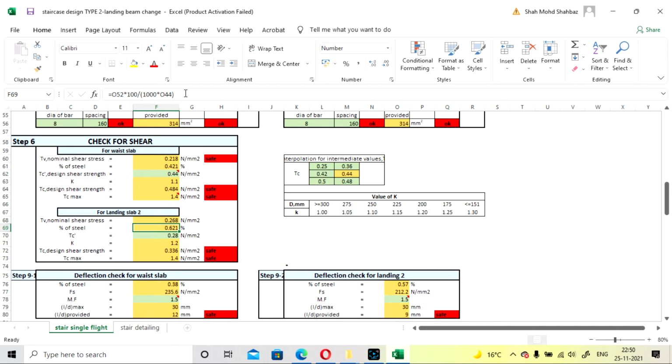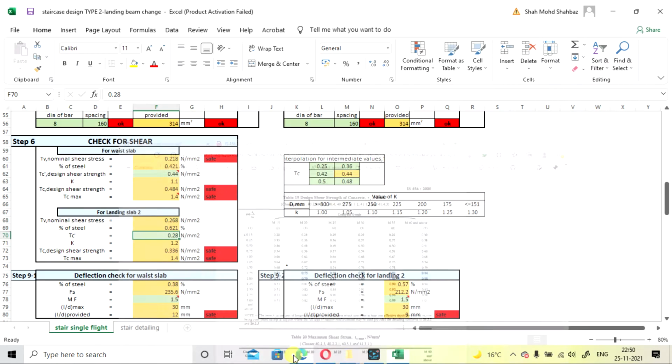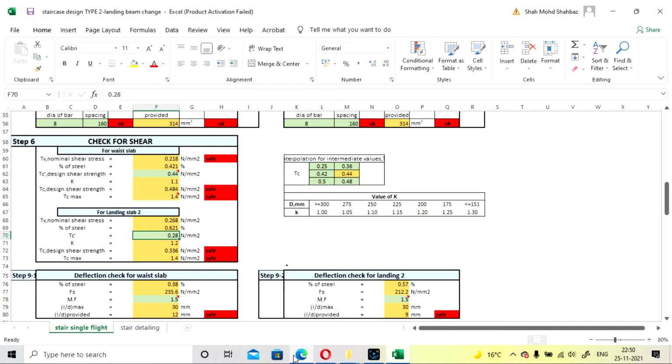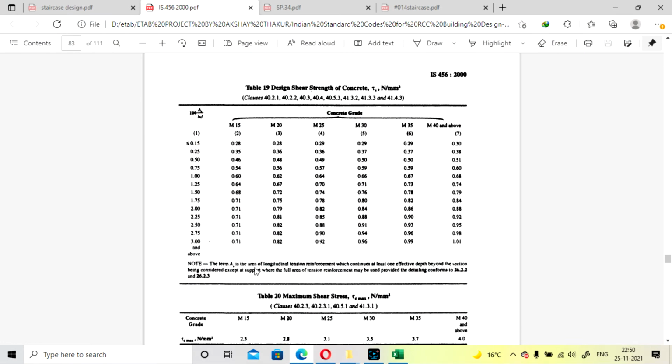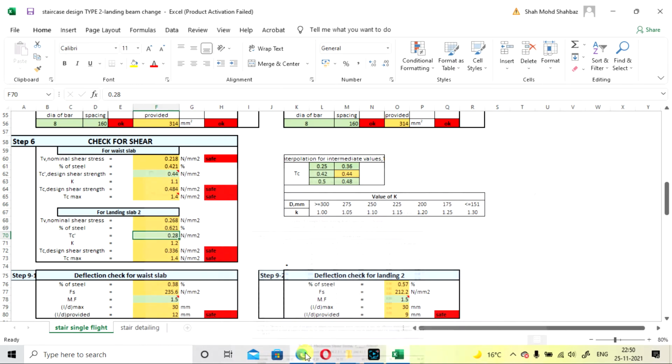The percentage is calculated as 0.621, so you can again go with the table here. So 0.62 is the percentage, and it is coming between 0.50 and 0.75 for this. So in the table you have to change 0.621.